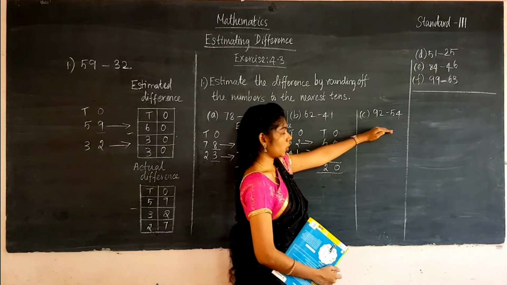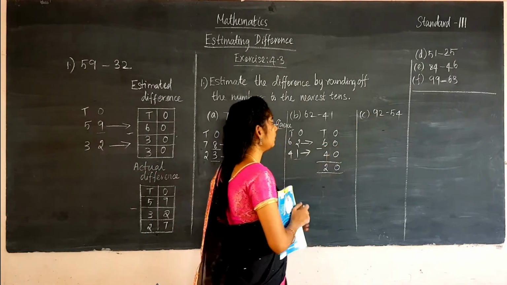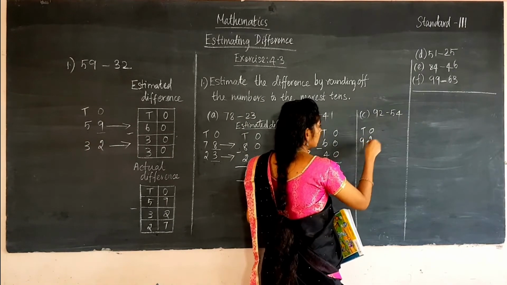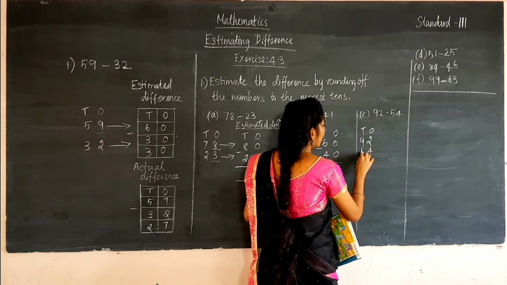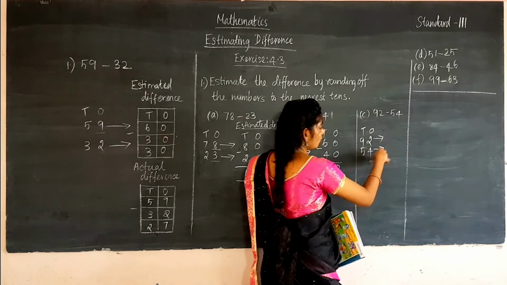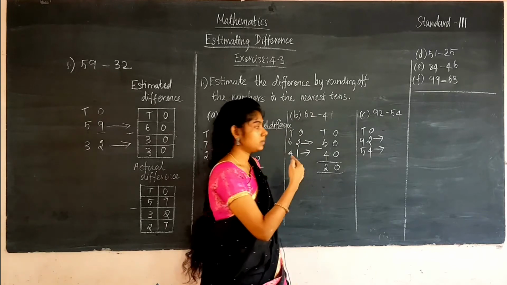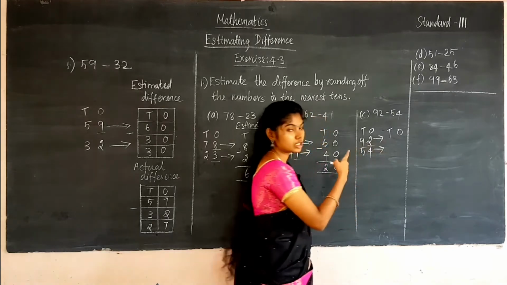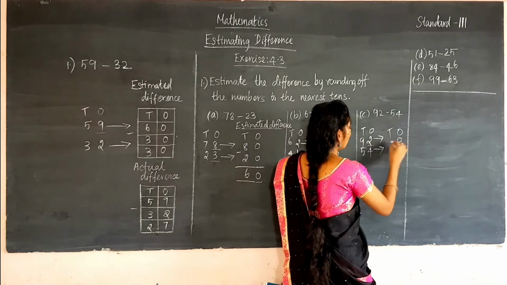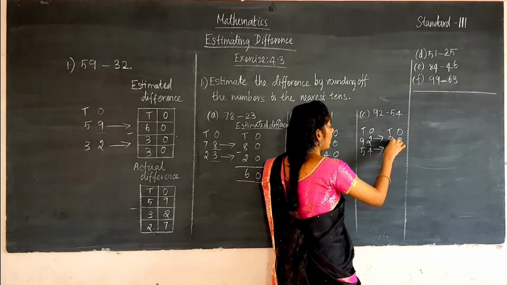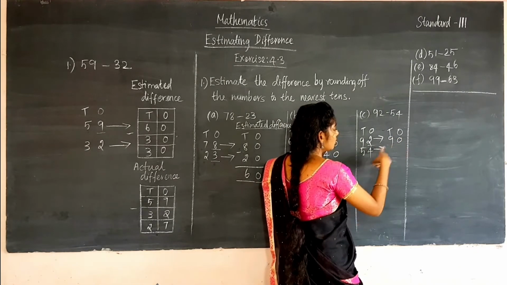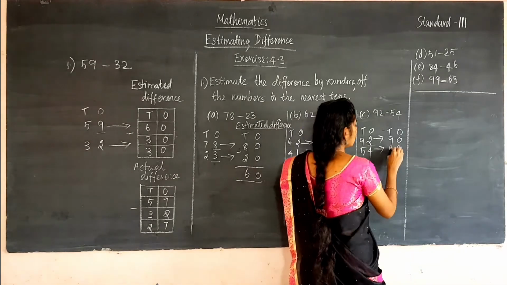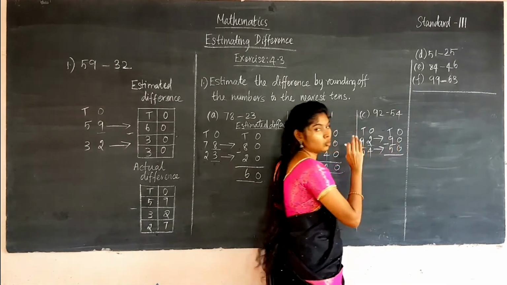The same thing here also. First we have to write the numbers in the places. Ones place, tens place. Write the numbers. 2 in ones, 9 in tens. 4 in ones, 5 in tens. Now we have to round off each of the numbers. To round off we have to look at the ones place number. Here 2 is less than 5, so you will write 0 and 9 as it is given there. And the next one, 54, 4 is less than 5, so you will write 0 and here 5 as it is given there. So you all know how to round off the number. I have rounded off the numbers here.